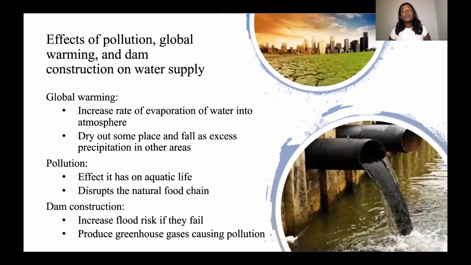Obviously, every day we affect the way this water cycle is occurring, right? There are some points like global warming, which is an increase in the rate of evaporation into the atmosphere. Global warming is basically because there is an ozone layer around the earth, and that ozone layer keeps the heat that comes in and goes out, comes in and goes out. It keeps that constant balance. The amount of heat that comes in also gets released, so there's not too much warming of the earth.